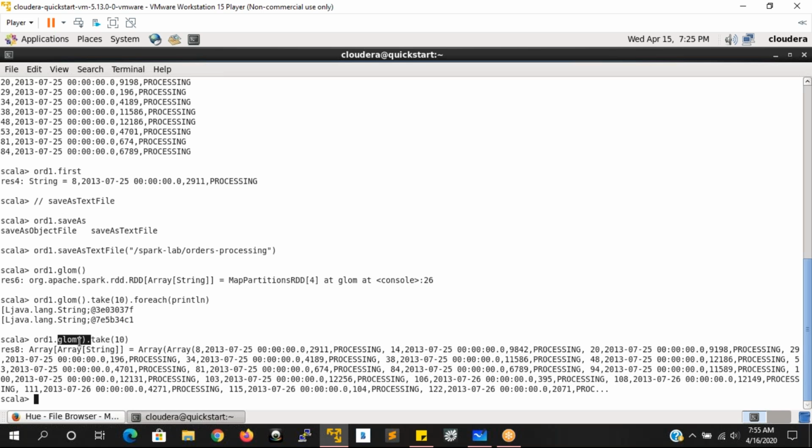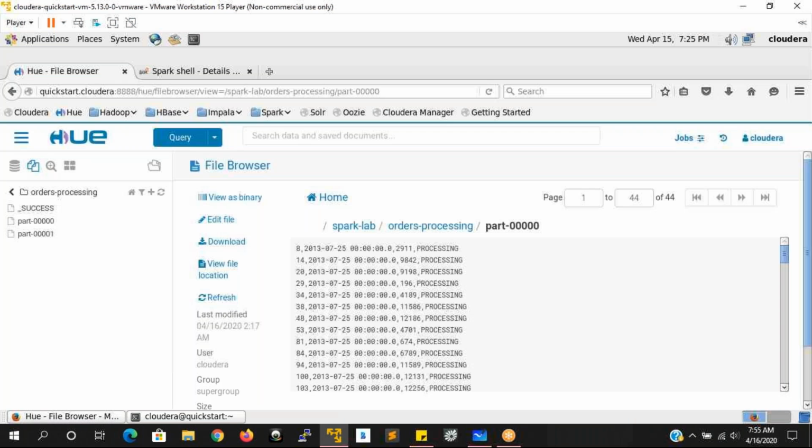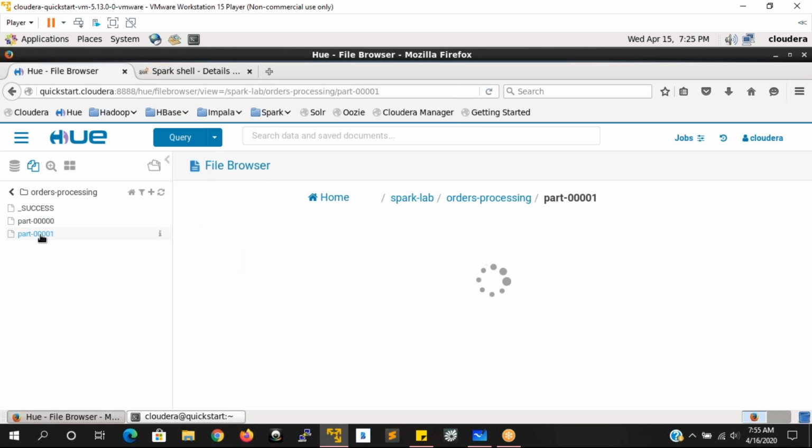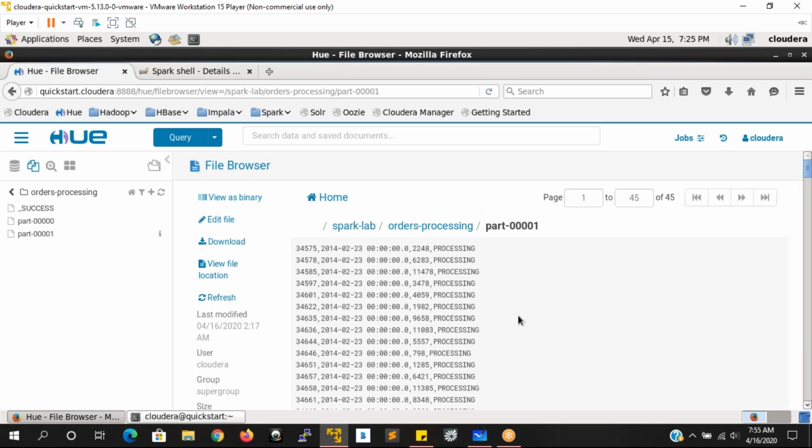Yes. So in each and every partition, whatever data is available, that data only will be stored to the first file. The first partition is going to have the data first. The first file is going to have the data of the first partition of your RDD, and the second file is going to have the data of the second partition of your RDD. Like that you are going to save it. So whenever we are writing the data to your HDFS location or into your LFS location, the data is going to be written according to the number of partitions.